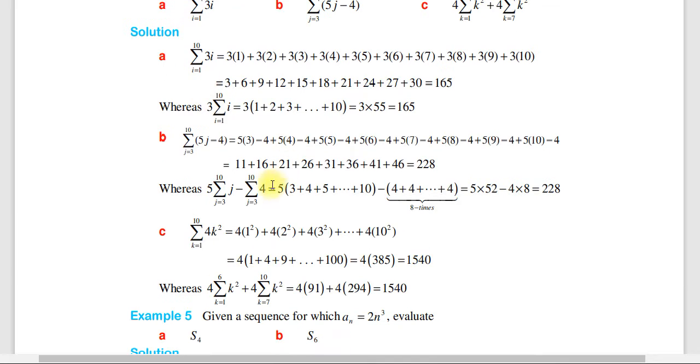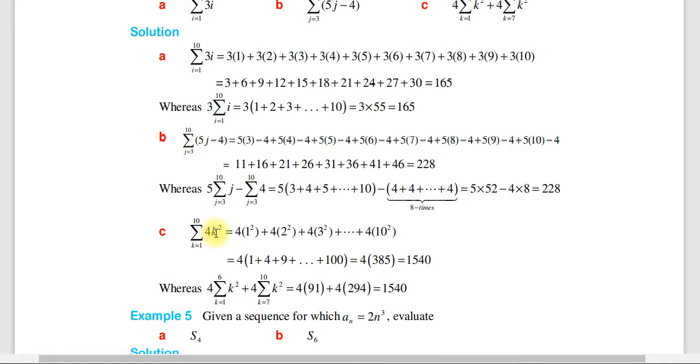ሩል ተጠቅመን ደግሞ ስንሰራው ያ ማለት 5 times the summation of j starts from 3 up to 10 minus the summation of 4 starts from 3 up to 10 ኦኬ ያ ማለት 5 into ብለን ውስጥ ያሉትን ከ3 እስከ 10 እንዘረዝራለን minus 4 plus 4 plus 4, 8 times ማለት so which is equal to 228 መጣ። ሁለቱም ተመሳሳይ ቫልዩ መጣልን ማለት ነው።